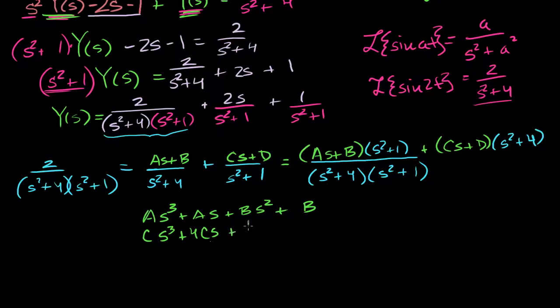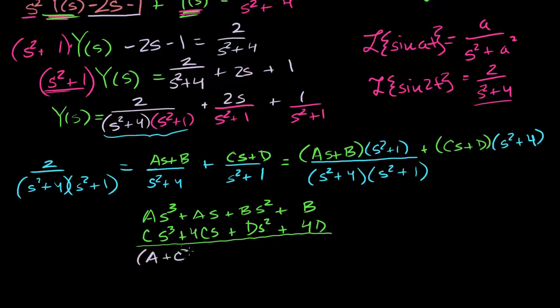So plus ds squared, that's d times that one, plus d times 4. So plus 4d. So that's all of them. And I just wrote it this way so I have the common degree terms under each other. So if I were to add the entire numerator, and I'll just switch colors somewhat arbitrarily, I get